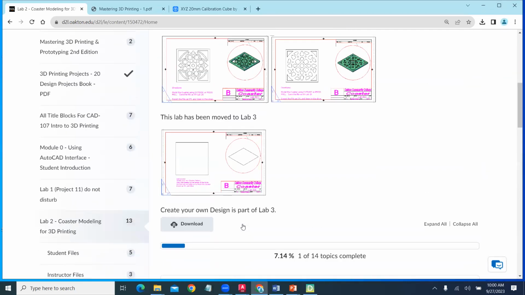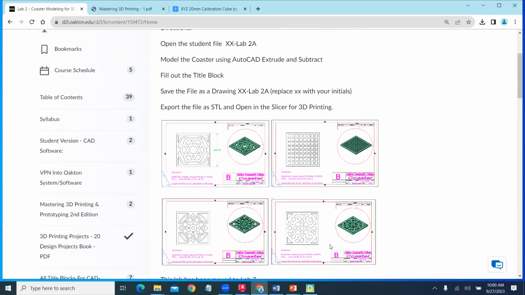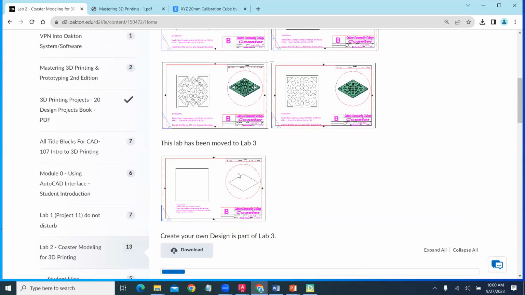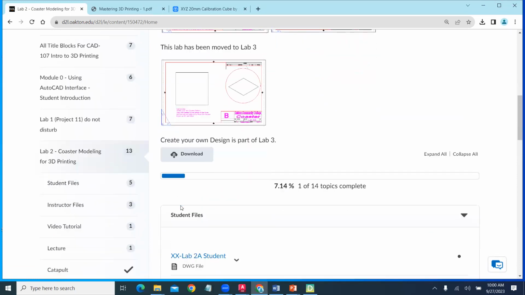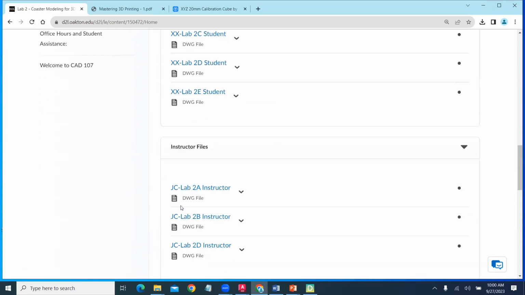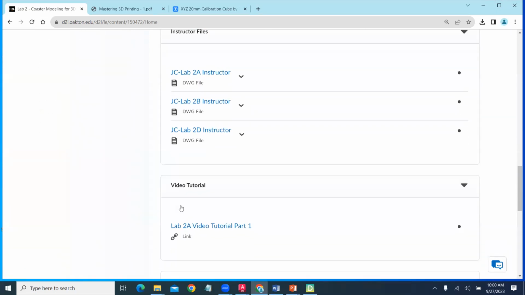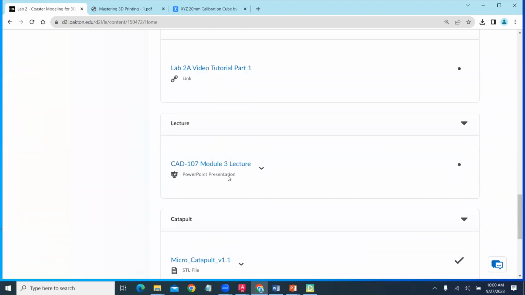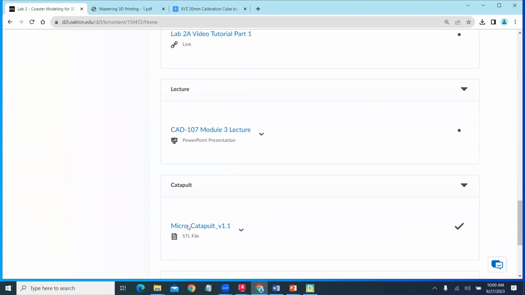The assignment is to create these 4 coasters as drawing files and STLs, and then one of your own designs. We'll take those and then we'll bring them into the slicer. Here's a video on how to create the parts, just like I did today. And then when we go into our slicer,